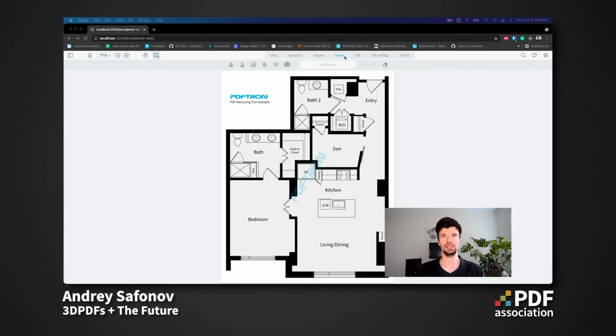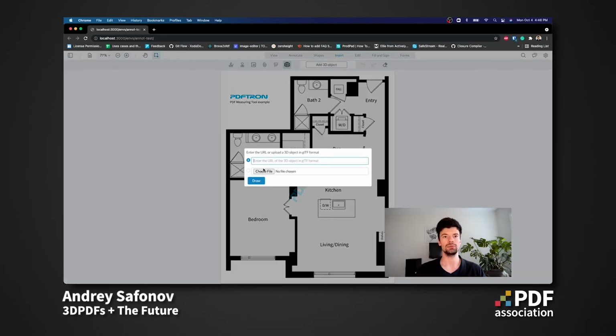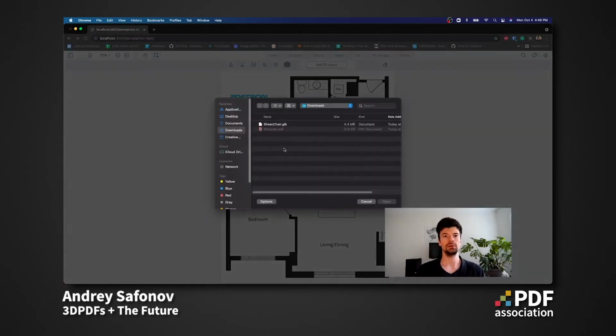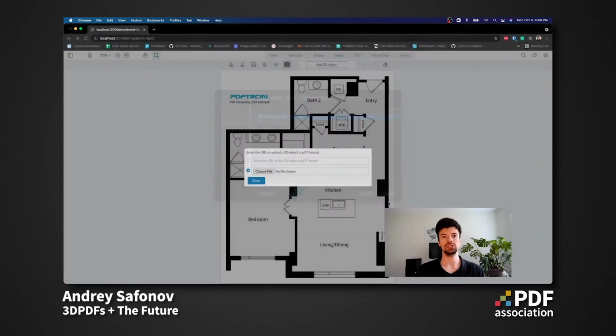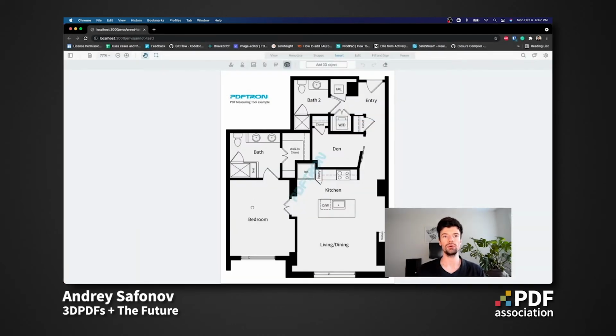So I'll just go ahead and navigate to the Insert menu, go over to the 3D and add the 3D object. In here I can actually pass the 3D object directly, or I can choose a file and pick, for example, a chair. And I'll go ahead and place that specific chair directly in the bedroom. And what I'm able to do is position it directly in the bedroom. And then I can also go ahead and rotate to take a look at this chair from all